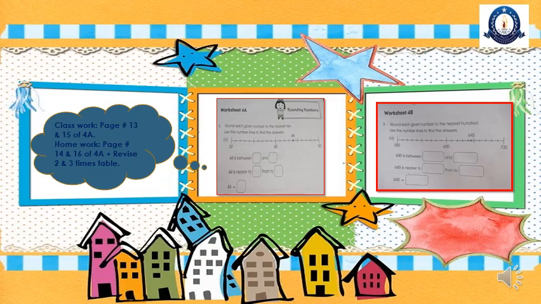Now 645, check the number. Which number is on the 100 place? 6. The next number is 4. Which family does 4 belong to, same or up? Same family. So 6 will remain the same, and in place of the last 2 digits, what will we add? We will add 2 zeros. And why are we adding 2 zeros? Because we are rounding off to the nearest 100. So when we round off 645, the answer is 600. In the same way you will do your homework. Classwork you will do right now, and homework pages you will do in the evening.